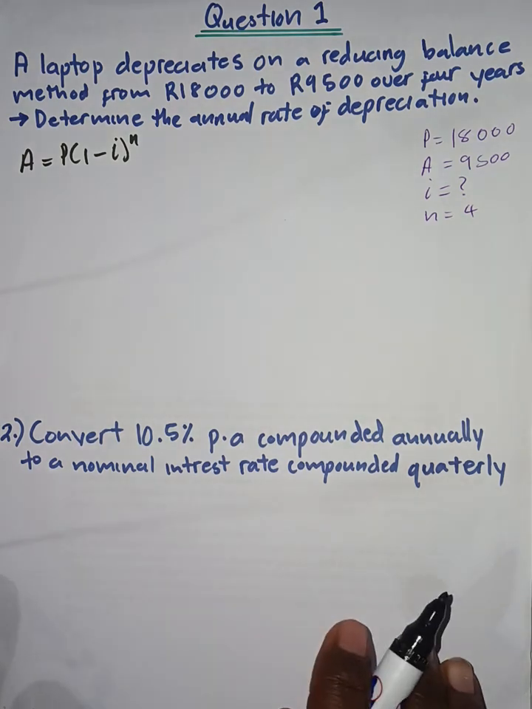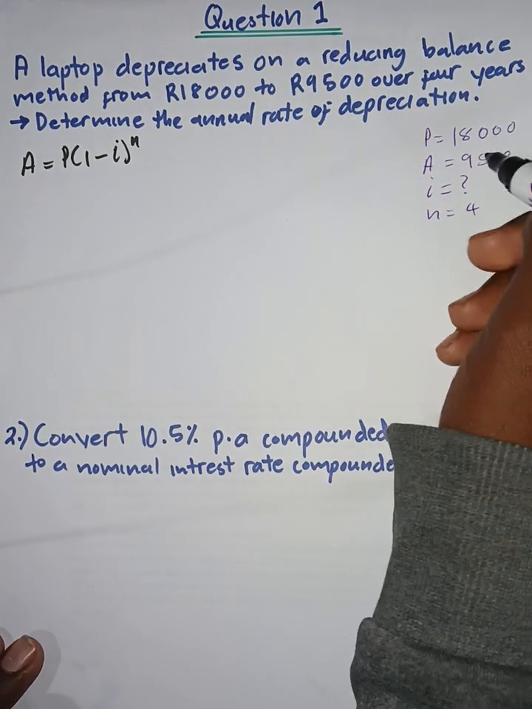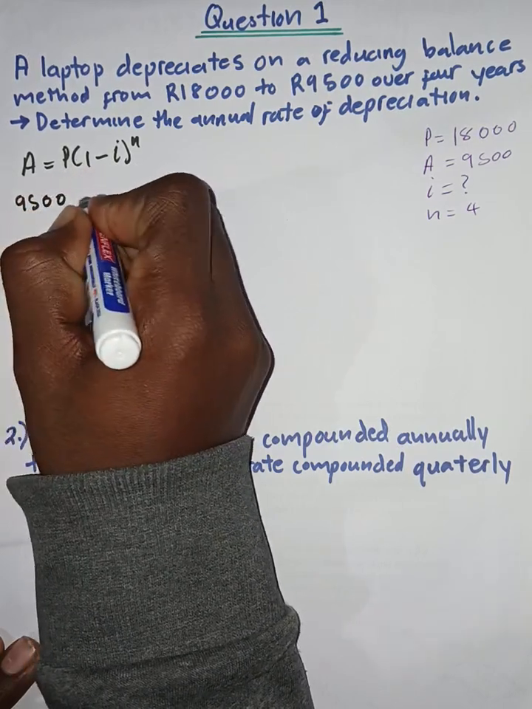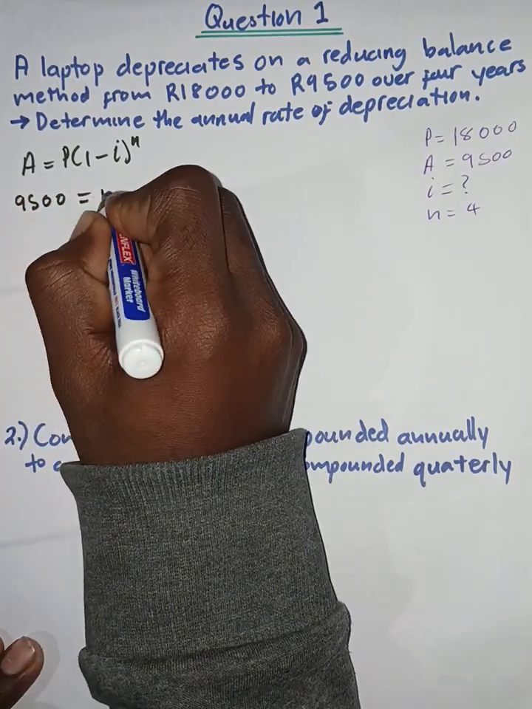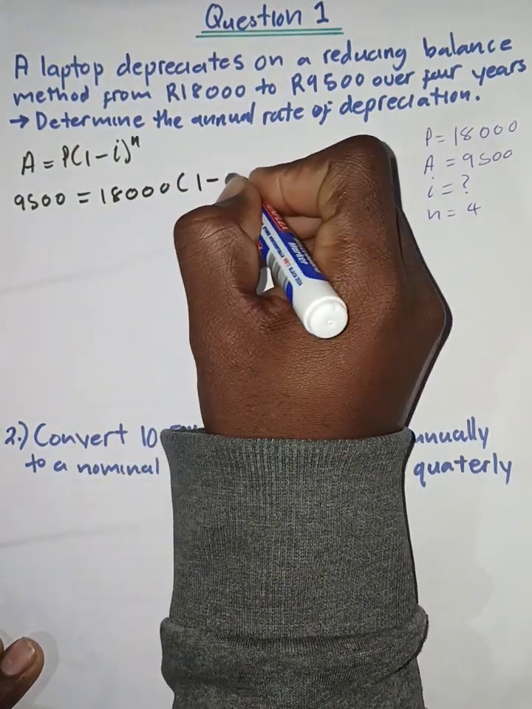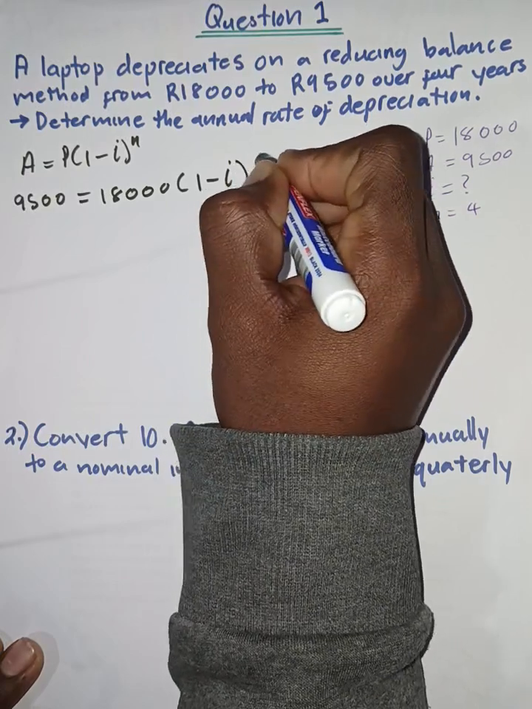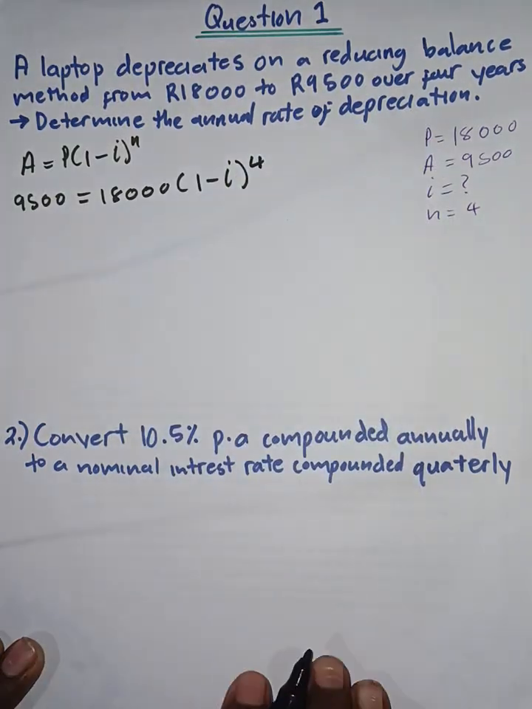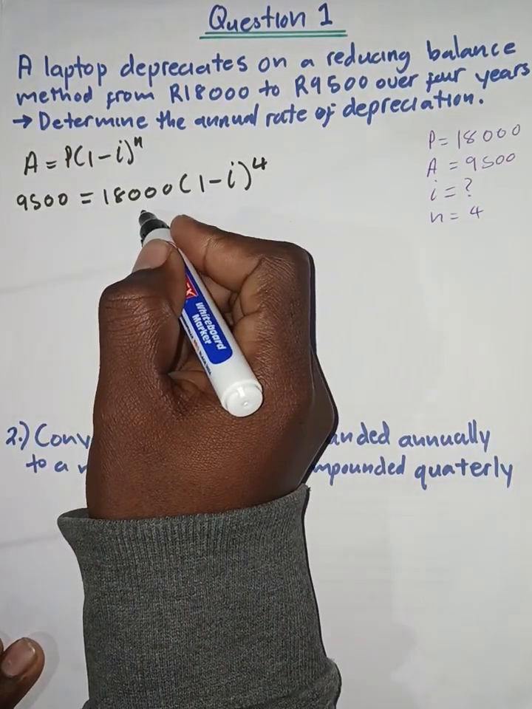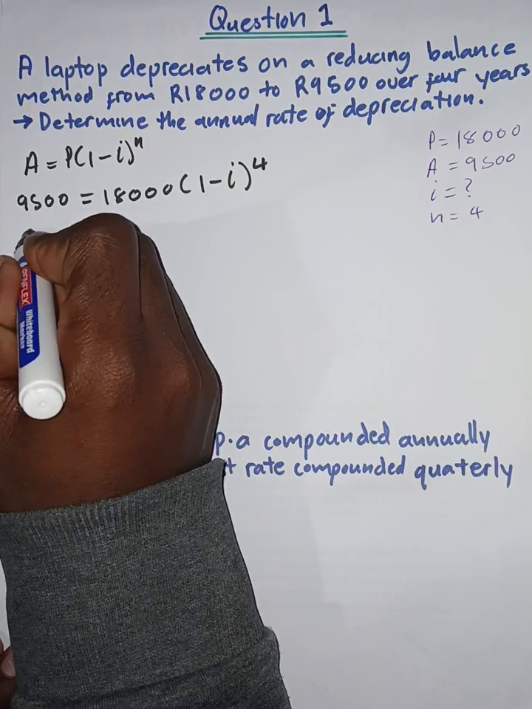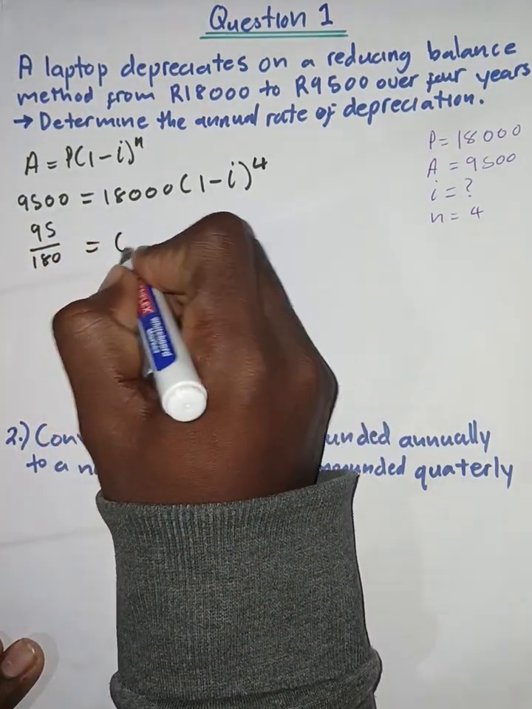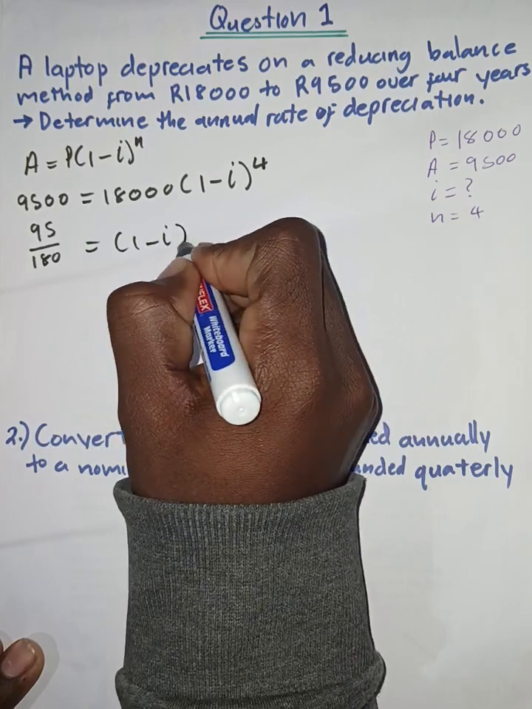So A, in this case, we know that's 9,500. We know that P would be 18,000, and 1 minus i. Now we're looking for i, right? And then that would be for 4 years. Now, to solve that, you would need to divide by 18,000 on both sides. And if you do that, you would get 95 over 180 equals 1 minus i